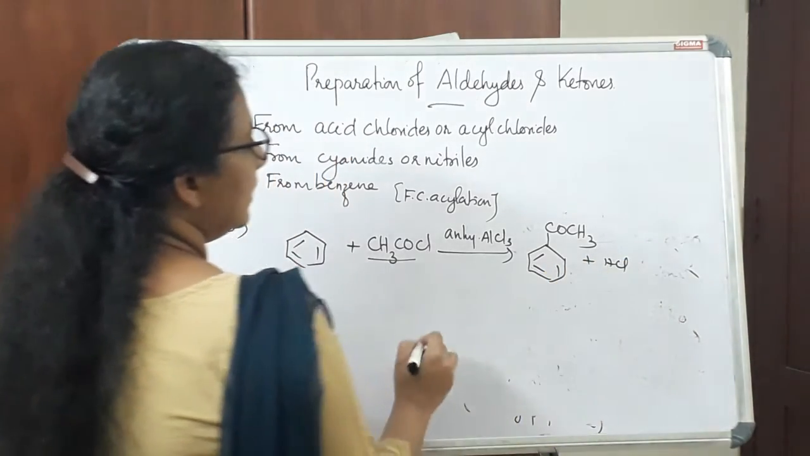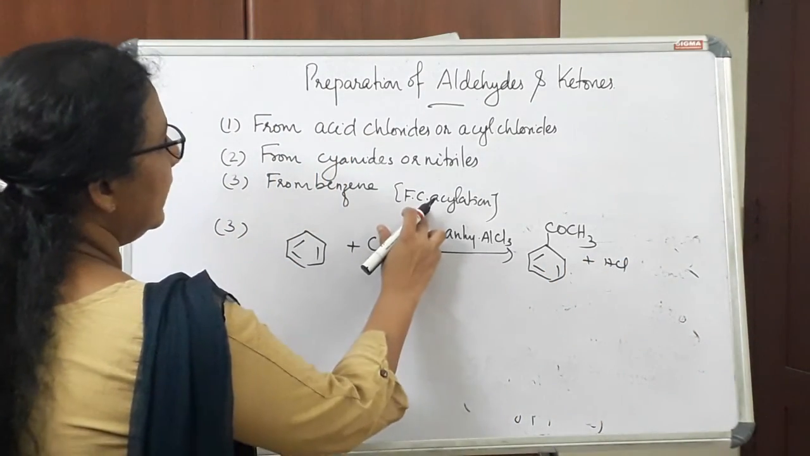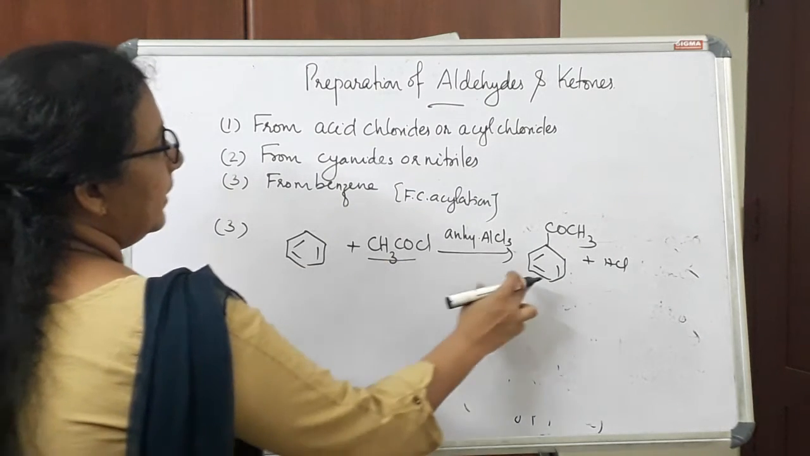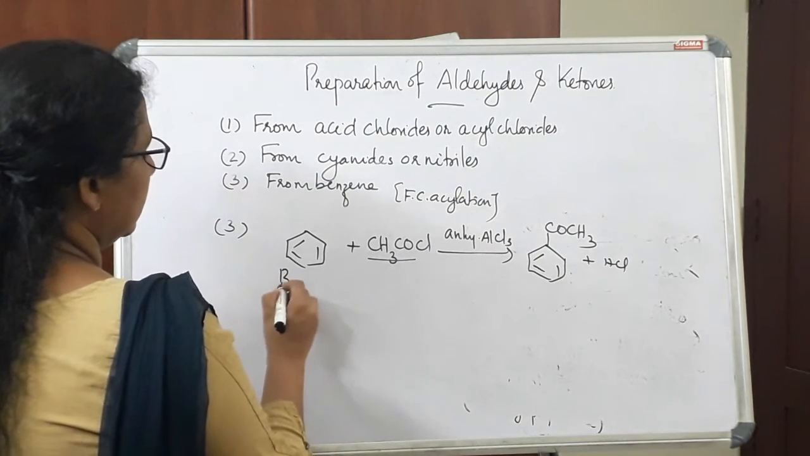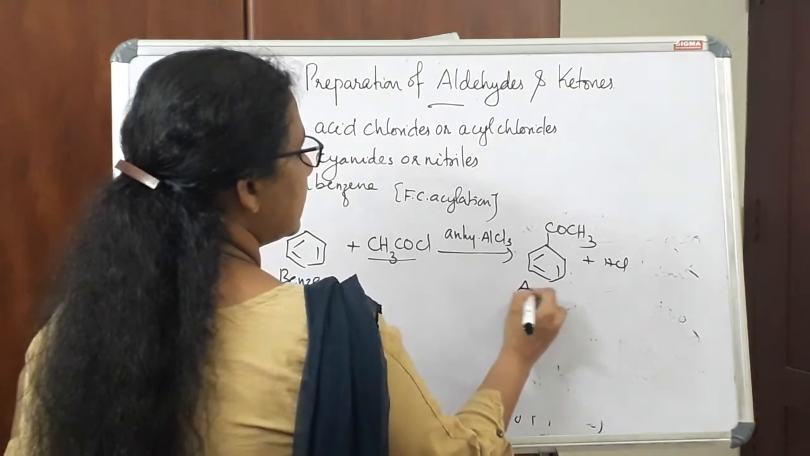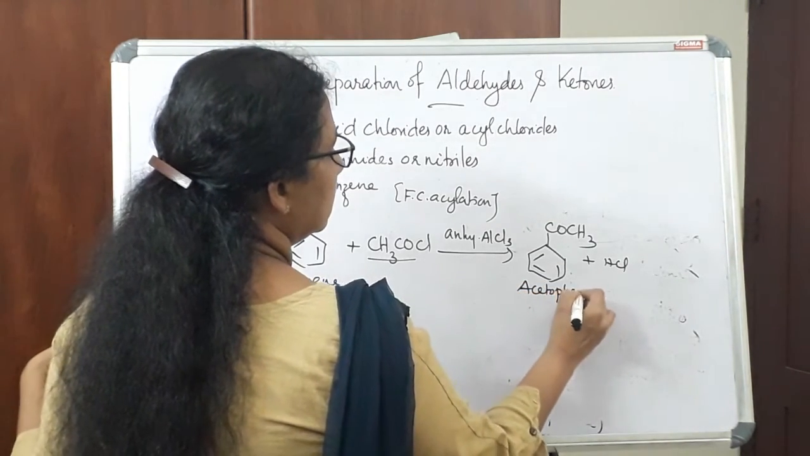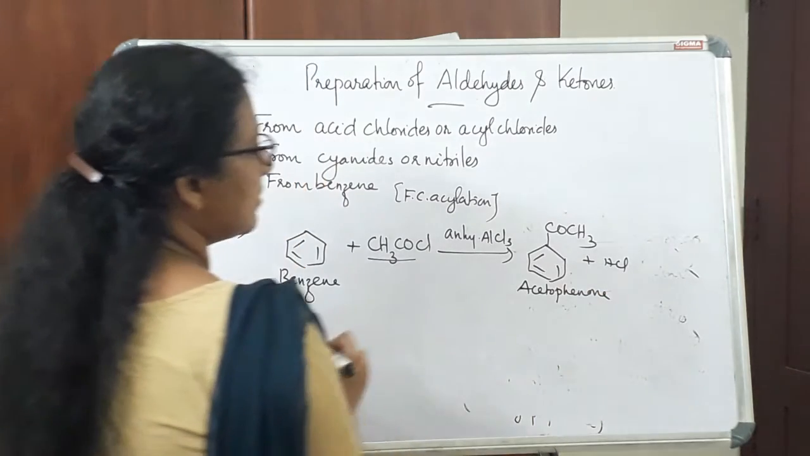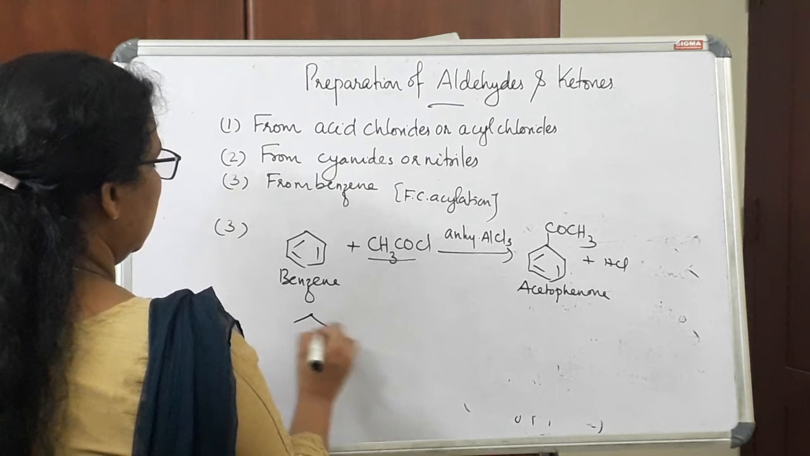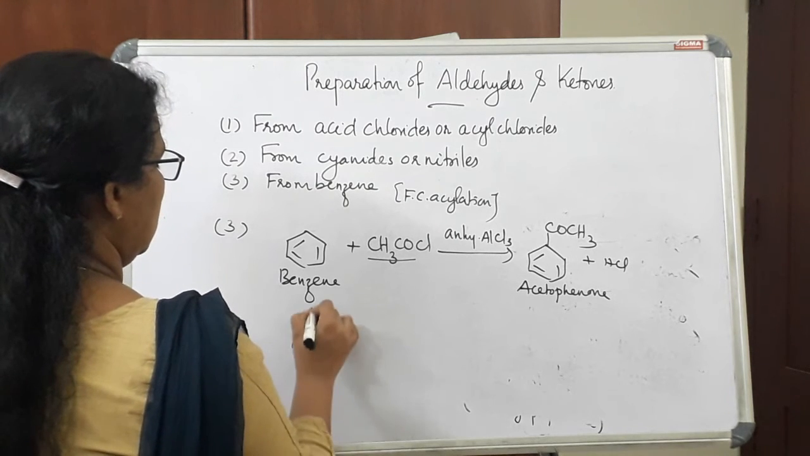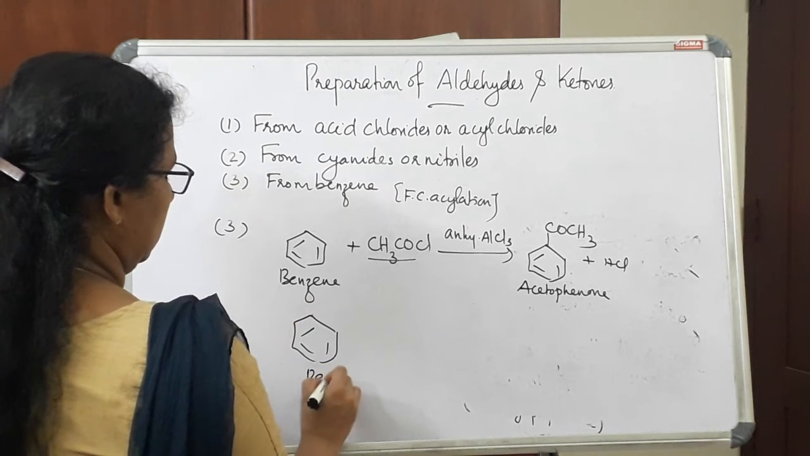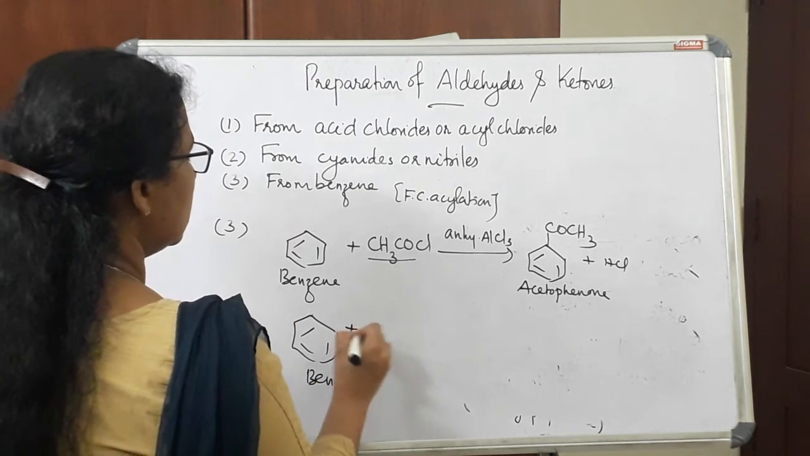So this is a ketone. So by Friedel-Crafts acylation we can prepare a ketone from benzene. So this is called acetophenone. So this ketone is called acetophenone. So we can prepare another ketone from benzene using